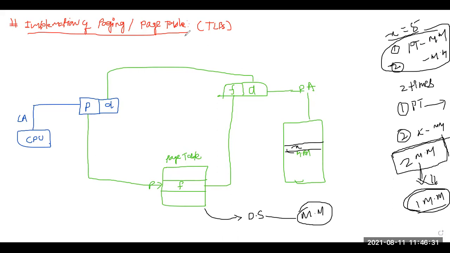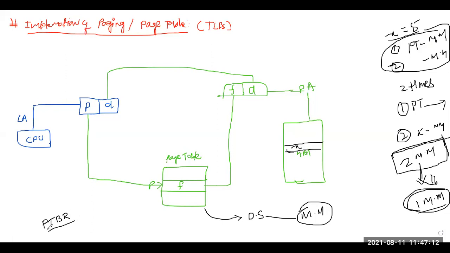Now we will use the TLB, that is translation lookaside buffer, for implementation of this concept, which is your page table concept. Now, one of the points you remember here. Now, your page table address. Now, where is this particular page table stored? Now, there is a pointer called PTBR, page table base register. This is a register. Okay, remember what is PTBR? A PTBR is your register which is going to store the base address of a page table.